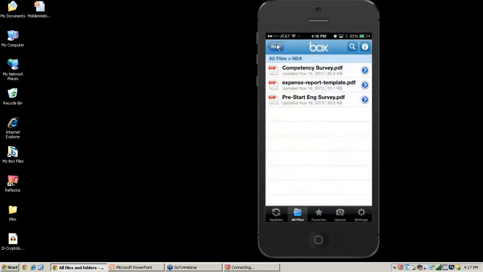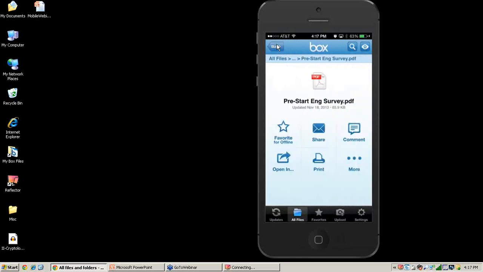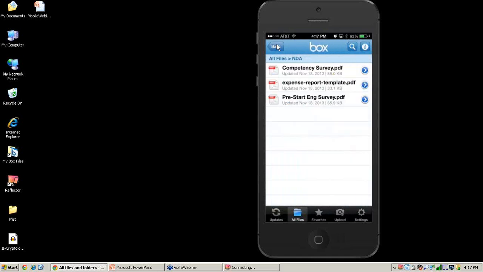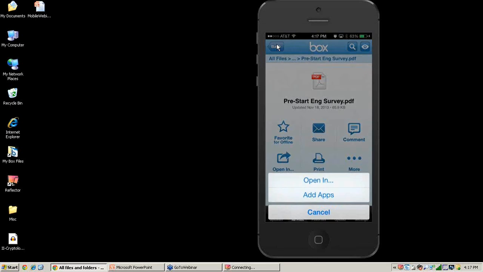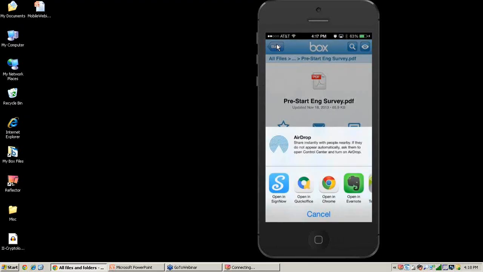Let's say I put it into my box folder on my computer, and I want to open something up into Evernote. I've got this little arrow next to that PDF, and I can say open in Evernote. Now I've already gone ahead and added in your safety manual. But within that safety manual, there may be information that you need to find.